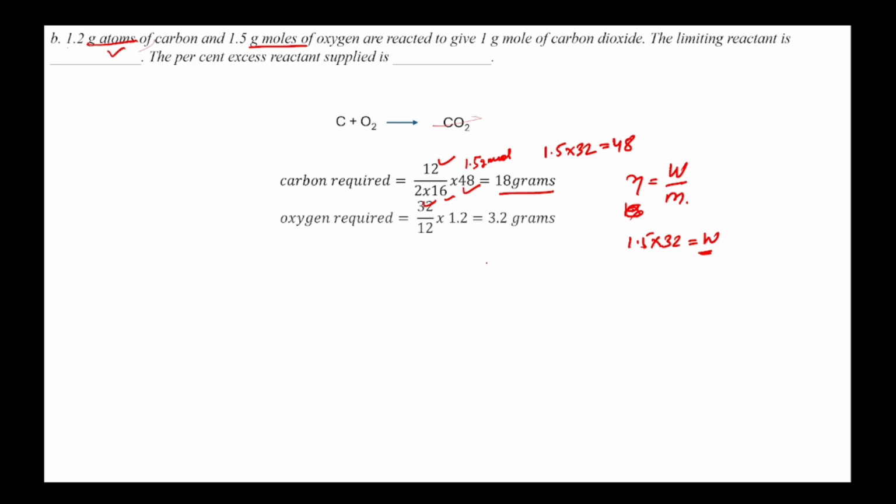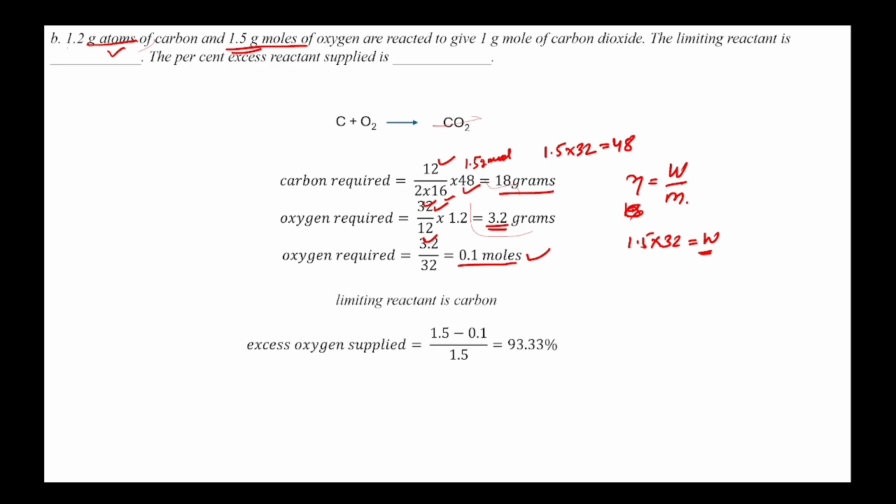Okay. Further, oxygen required 32 divided by 12 into 1.2 corresponding to carbon is 3.2 gram, and we have 3.2 gram. That means if we convert this 3.2 gram into gram moles, then we have 0.1 moles. 0.1 mole we require in the reaction and we are feeding 1.5 gram moles. Okay, so oxygen is the excess reactant. How much excess is oxygen? Limiting reactant is carbon. Excess oxygen supplied: 1.5 minus 0.1 divided by 1.5, 93%. Okay,